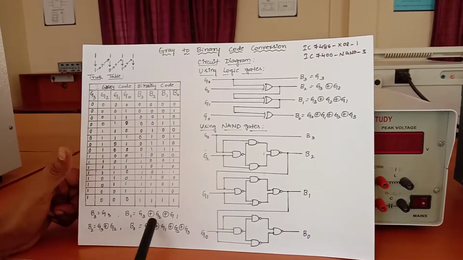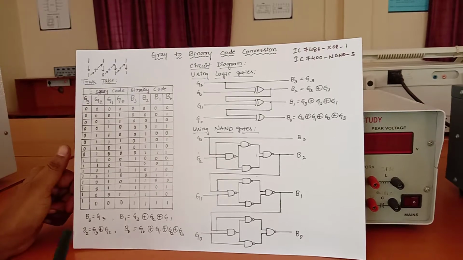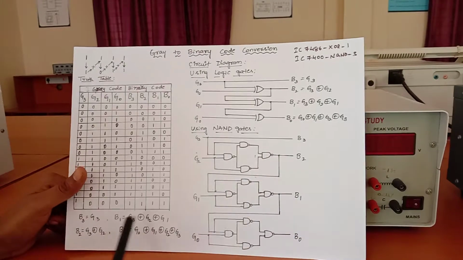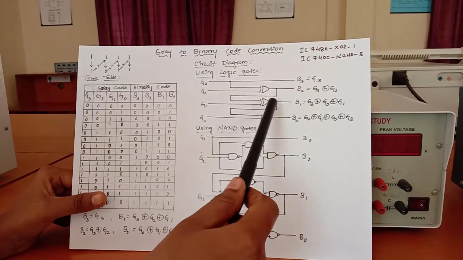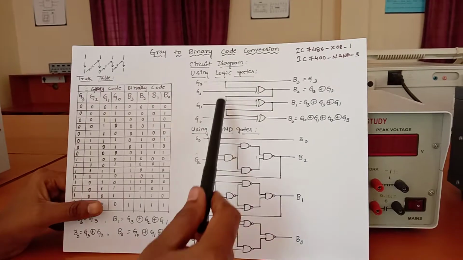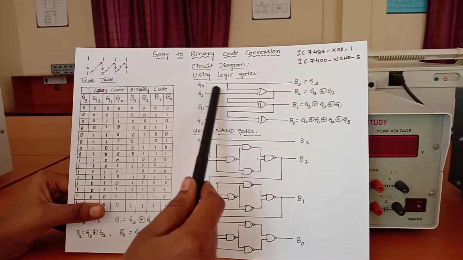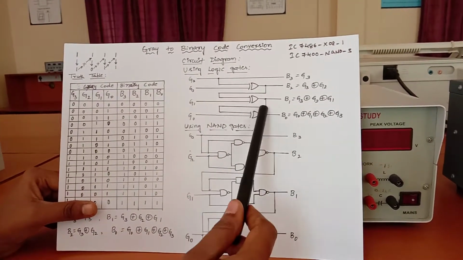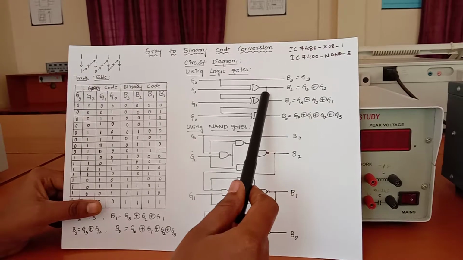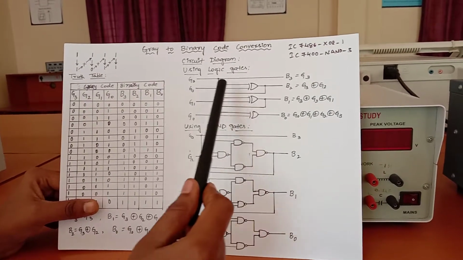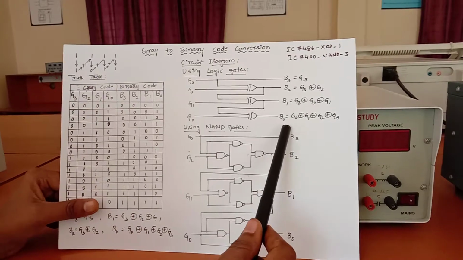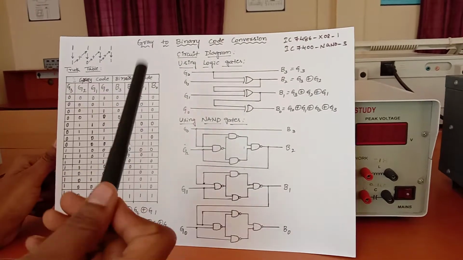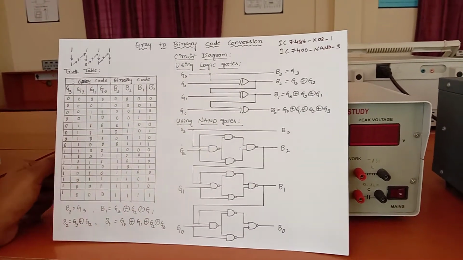You can see here this is the XOR operation, so we have to use XOR gates, and we need 3 XOR gates. G3 is directly B3, B2 is the XOR of G3 and G2, and the output B1 is the XOR of the previous output, G3 XOR G2, with G1. In the same way B0 is XORed with G0, G1, G2 and G3. Like this we draw the circuit diagram by looking at the expression.